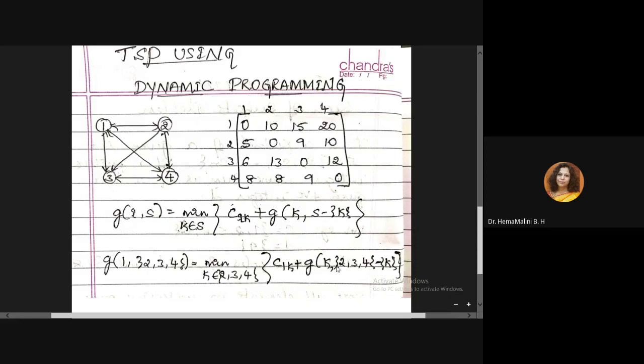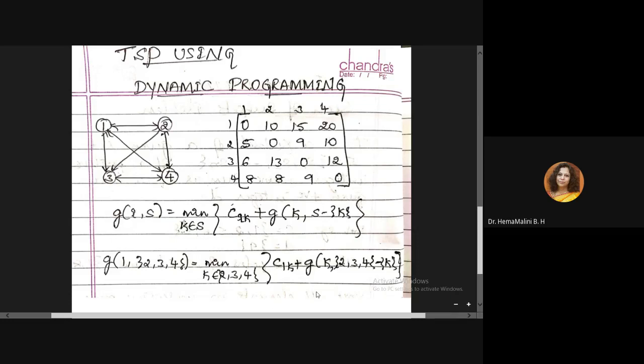From k to the other cities 2, 3, 4. Once any one city is taken, say for example city 2, so 1 to 2 he has gone. Remaining cities will be 3 and 4. If two cities he has visited, 2 and 3, remaining will be 4. So whichever city he has taken, S minus k would be the set of remaining cities.